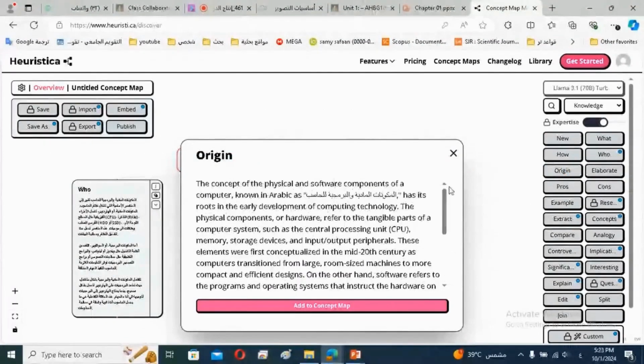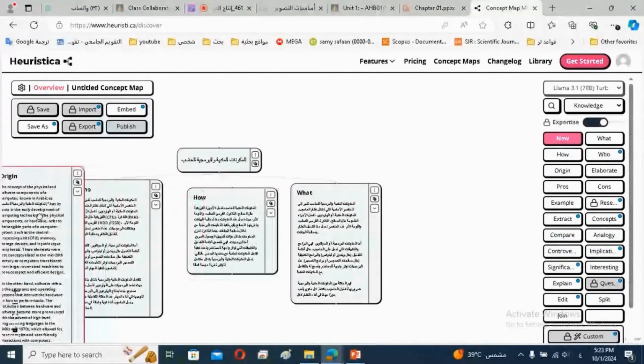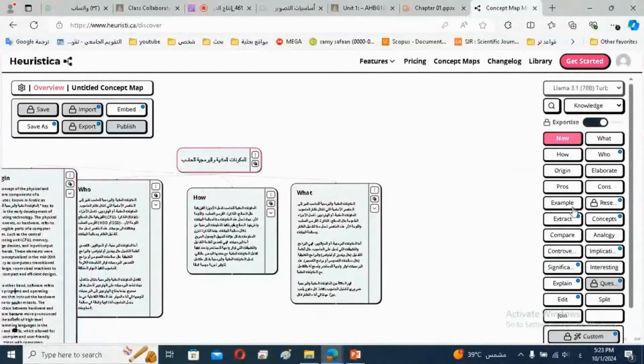The physical components, so the word origin here refers to the origin of the computer. Who is that? So I'm telling you, if you left it like this, the computer is what's early. The important thing is that I also give you the origin of the computer, how to deal with it, and so on. You also chose for me, and you chose the word.